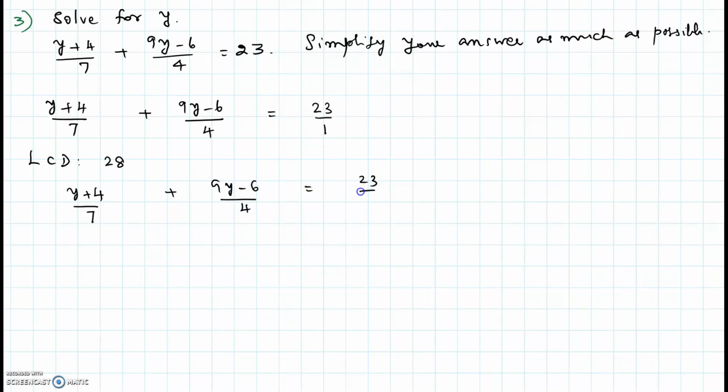So keep in mind, we have to multiply every term by the LCD, including the right hand side. The idea is to eliminate the denominator or clear the fraction. So we will multiply every term by 28. So 28 times the first term, 28 times the second term, 28 times the third term. So we get